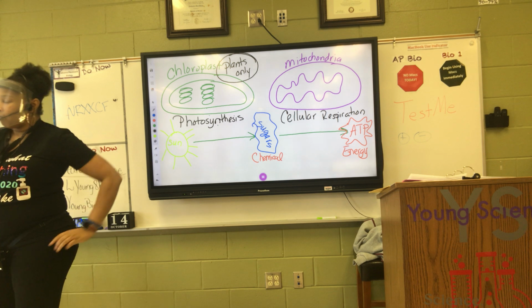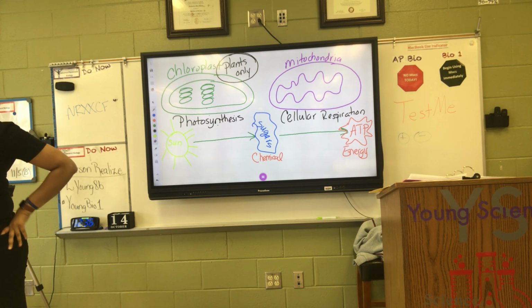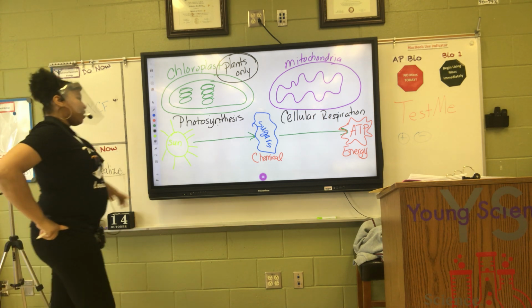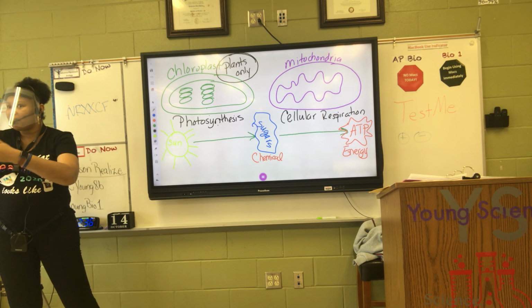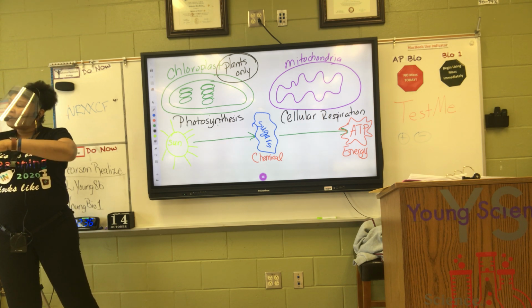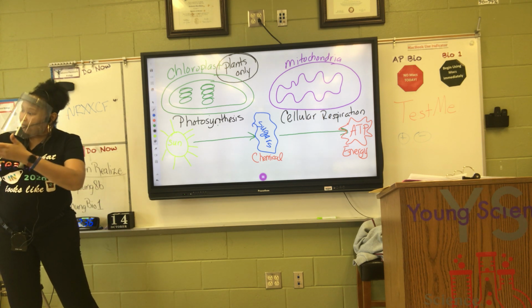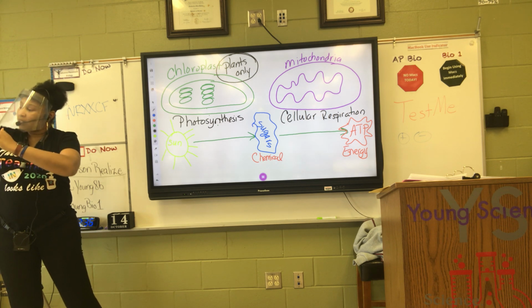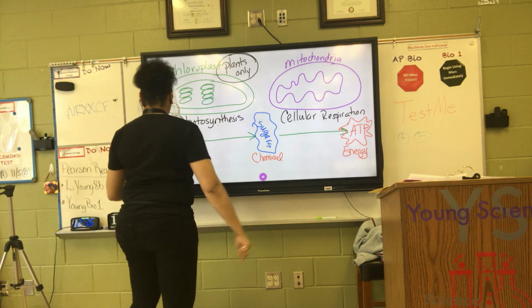Yes? Okay, so when the trees turn like the ground, that means they don't have the chloroplast? No, what's happening is, we'll talk about that. It's another unit. All right, but it's not that they don't have chloroplast. It's just that the levels of chlorophyll have gone down. Chlorophyll isn't the only pigment. There's also carotenoids in there, which have the yellows and the oranges. And so when the chlorophyll levels go down, you can see the other pigments, which makes it look a different color. All right, so anyway,